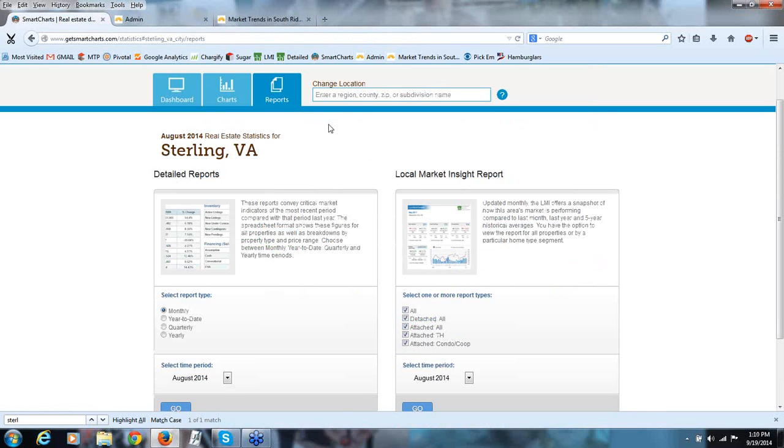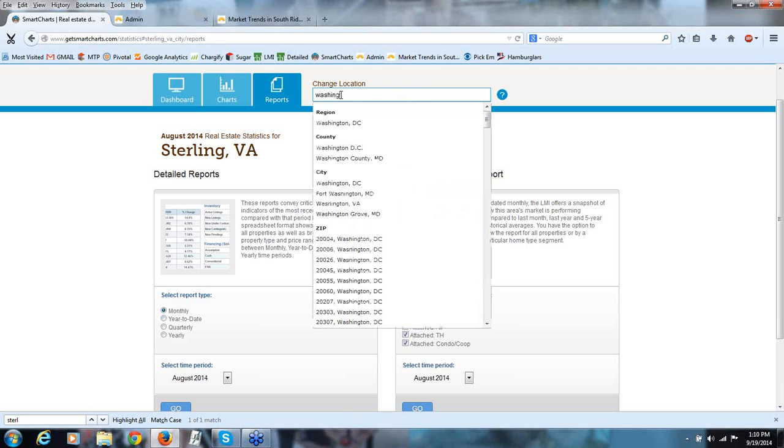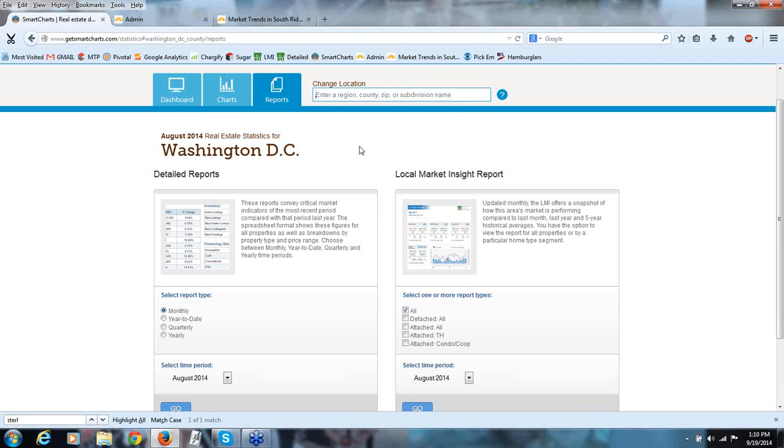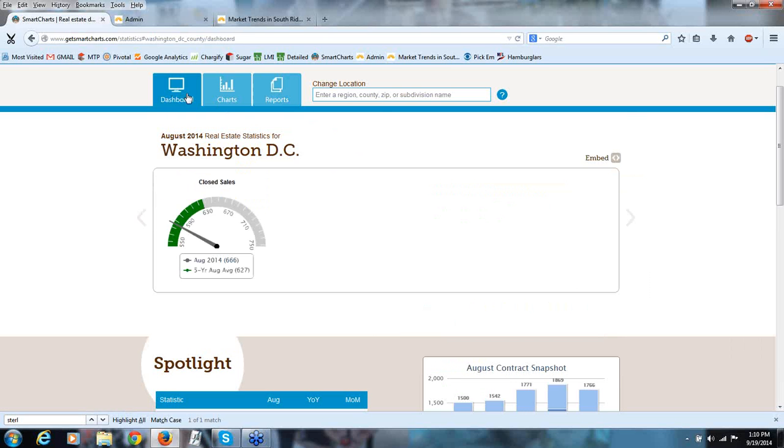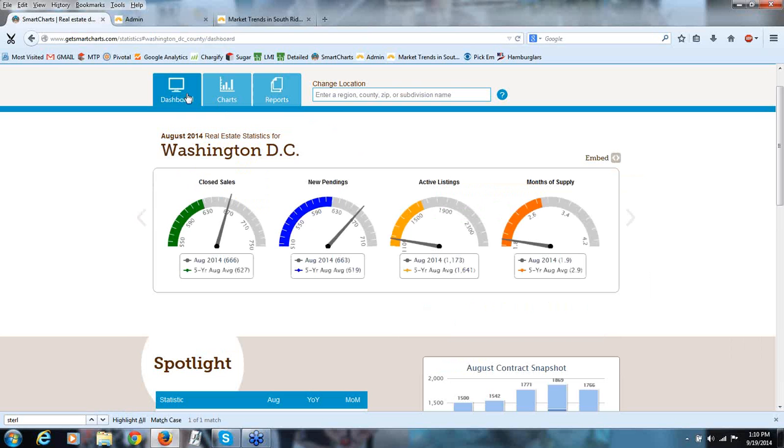Another example of someone that's actually called into RBI, and I've spoken with this guy named Ron. He was a Montgomery County specialist for the most part, but he also dabbled sometimes in DC. He had a listing presentation set up with a seller in Logan Circle. And when he first went to look at it, he mainly went to those detailed reports and printed them out, and he saw some pretty